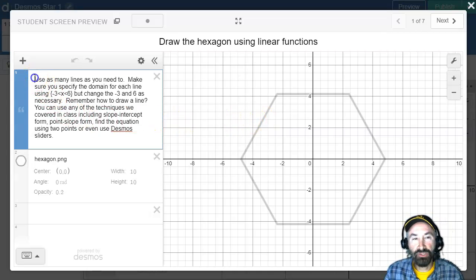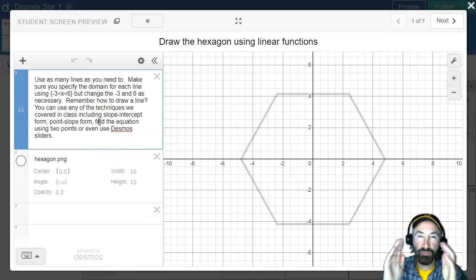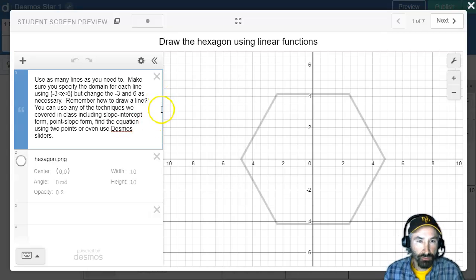This tells you that you can use as many lines as you need, but you need to make sure that you specify the domain for each line, and then it shows you how to specify the domain for each line. The domain is just the values of x that your line will appear for, the two values of x that your line will be between. Now,